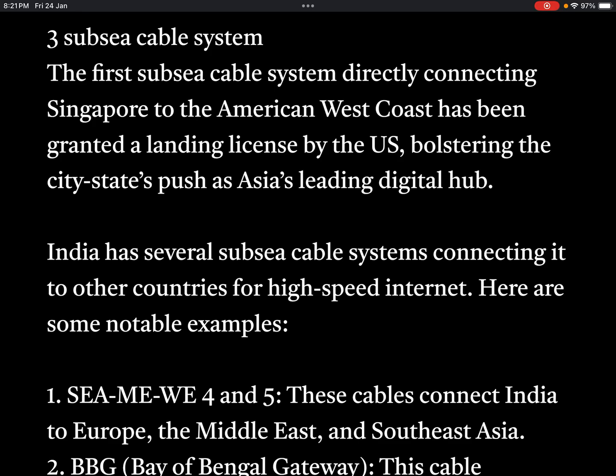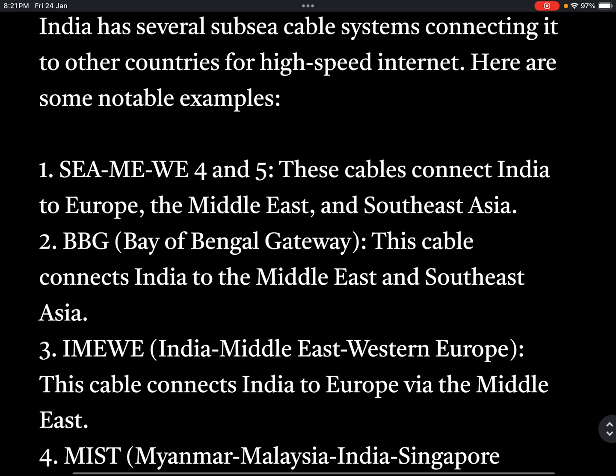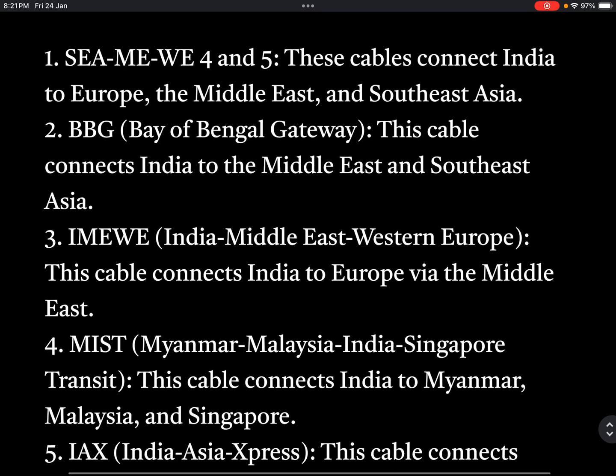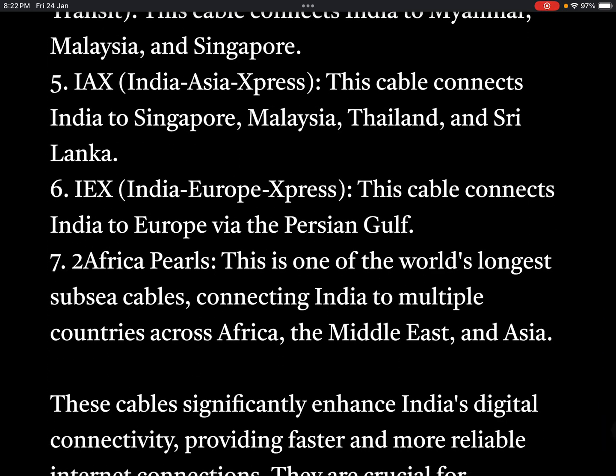But the thing is that India is not directly connected to the US, as per my information. So under this news, I have collected a few internet subsea cables which are operated from India and connect to all other countries. As you can see, 1, 2, 3, 4, 5. You can remember them, as we can expect such news in our competitive examinations. Which country connects to which cable system? I got 7 only, but if you find more, 8 to 10, you can collect it